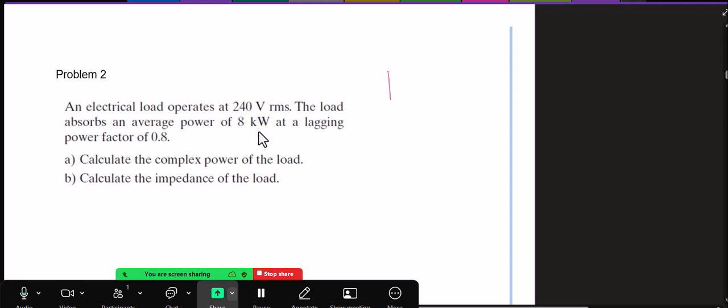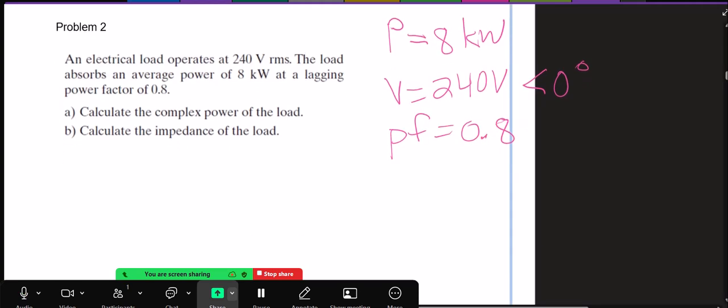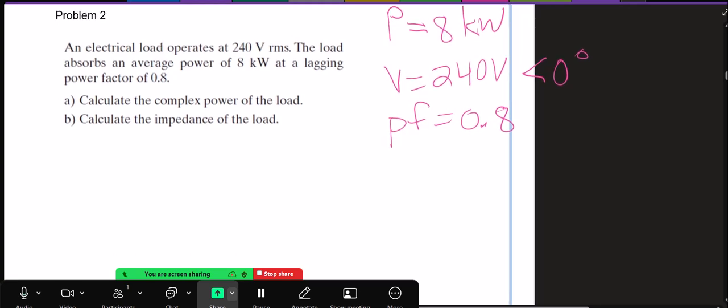So what we know is that the real power is 8 kilowatts. Our voltage is 240 volts, and we can say angle 0, and we'll measure everything else with that. We know our power factor is 0.8. So the way I would do this, and this is not necessarily the way that you're going to do it in class,